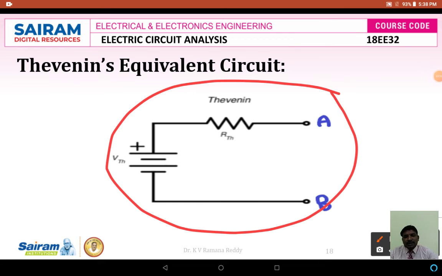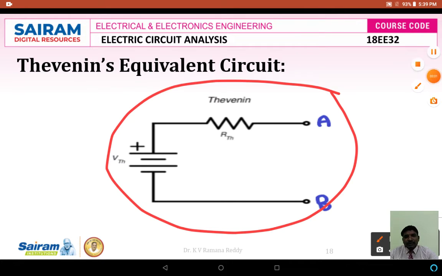Because in a circuit which consists of 2 loops or 3 loops, to find the response beyond the element, we have to approach the current division rule. We have to find the currents two times, three times or multiple times. It takes a lot of time to find the unknown response. To reduce the time consumption in calculations and the complexity while calculating the unknown response by using the current division rule, or for example nodal analysis or mesh analysis,